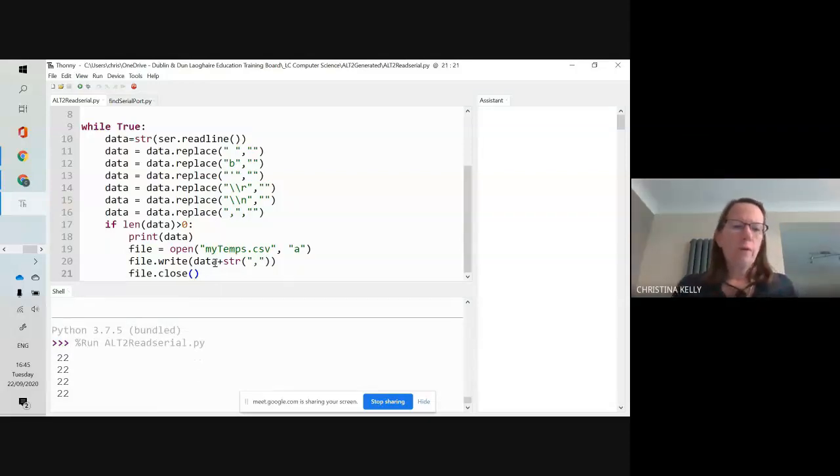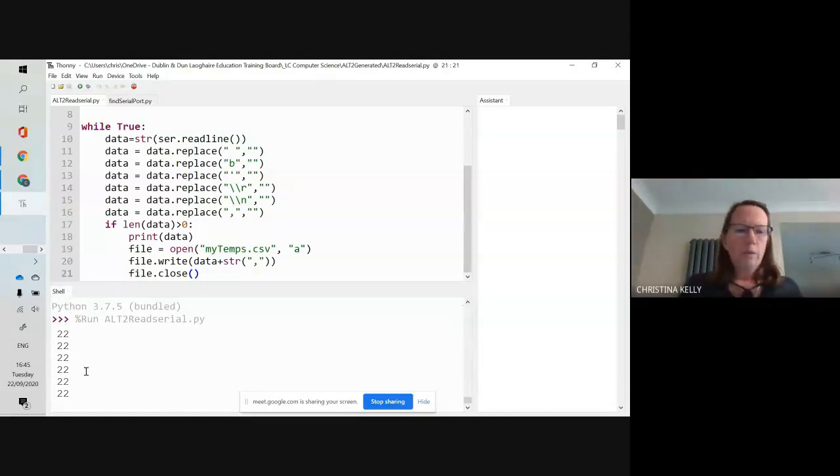Now it's writing to that file one item at a time, and so far you can see I've only 4 or 5 items on my screen. I'm just going to take up my microbit and heat it up in my hands. So we should see a bit of variation in the numbers coming through. So I don't want to just write the same number over and over and over again to the data file. So I'm looking to see a bit of variation happening here. So I'm heating it up in my hands,